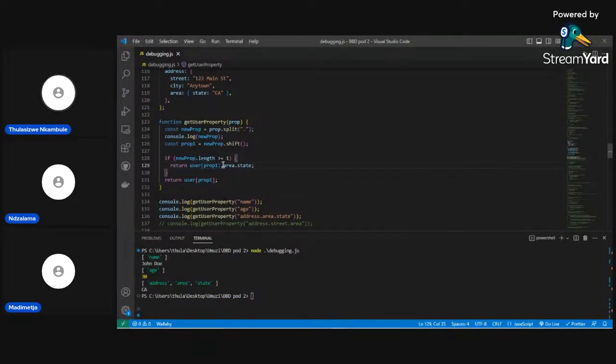So how would we make these? How would we get these from the array? I just wanted to see,